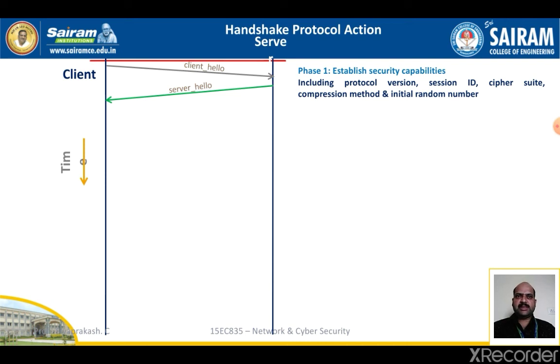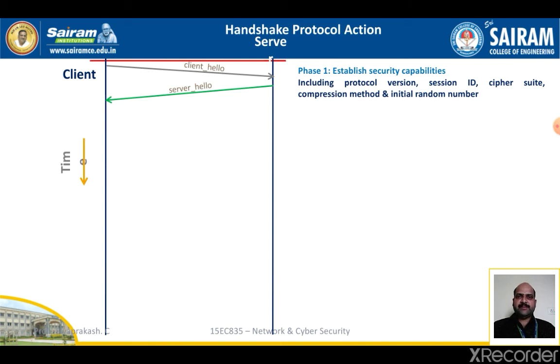For the server hello message, the following conventions apply. The version field contains the lower of the version suggested by the client and the highest supported by the server. The random field is generated by the server and is independent of the client's random field. If the session ID field of the client was non-zero, the same value is used by the server. Otherwise, the server's session ID field contains the value for a new session. The cipher suite field contains the single cipher suite selected by the server from those proposed by the client. The compression field contains the compression method selected by the server from those proposed by the client.